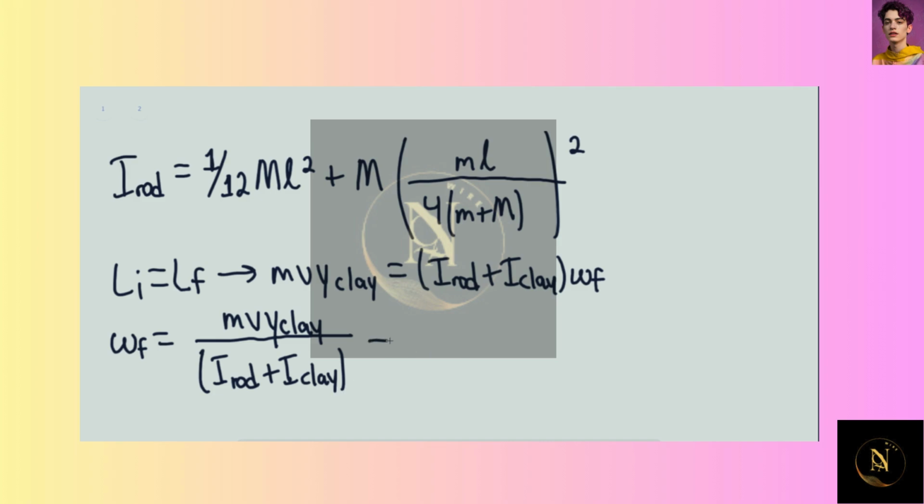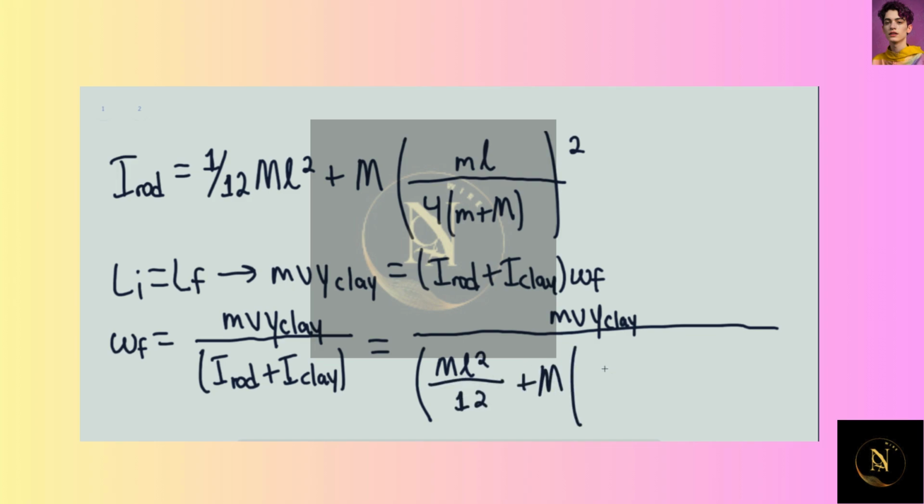And then we can substitute. So this would be the mass times the linear speed times the y position of the clay with respect to the center of mass. And then this would be multiplied by ML squared over 12 plus the mass times mL divided by 4 times the sum of the mass quantity squared plus the mass of the clay times the y position of the clay